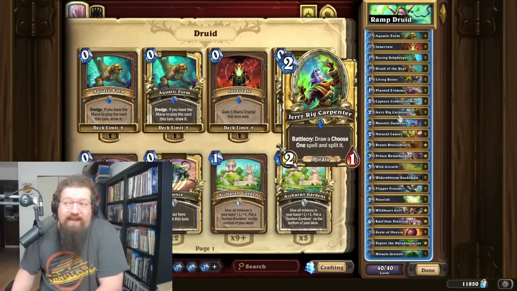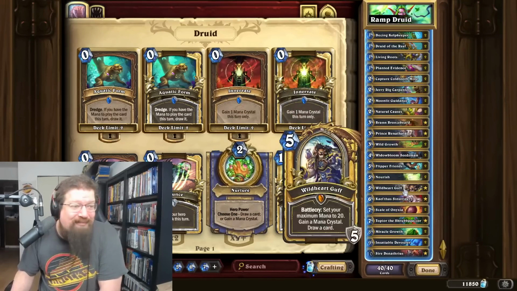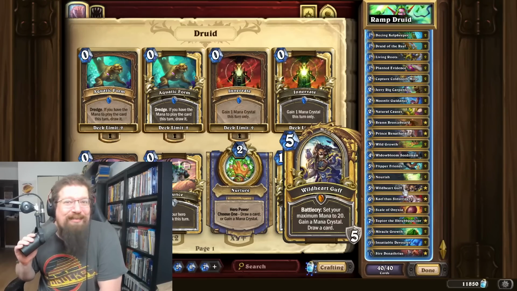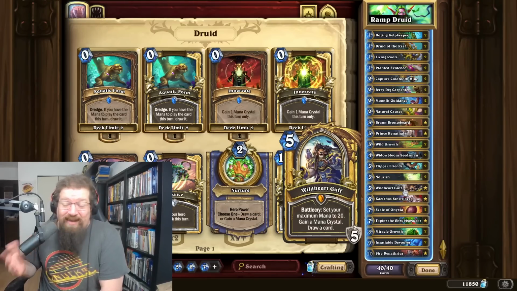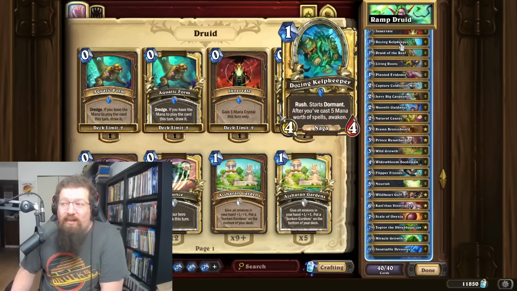Ramp Druid is a very strong deck. If you like playing your Druid decks, you like playing Guff. Guff is a pretty sweet card. Still hasn't been nerfed somehow. I know there's people out there that say I don't think it should be nerfed. I think at least 6 mana for the card, but regardless, Ramp Druid, very strong with your early game to